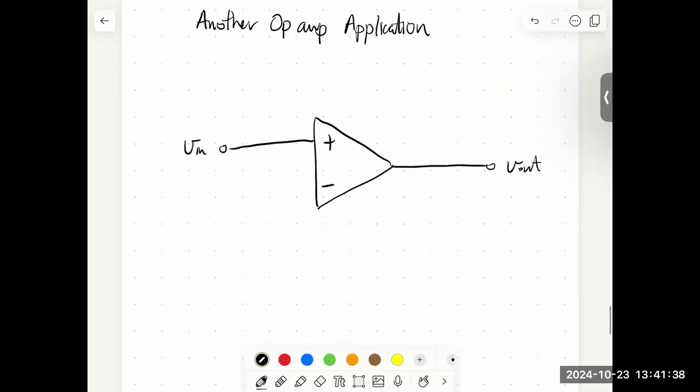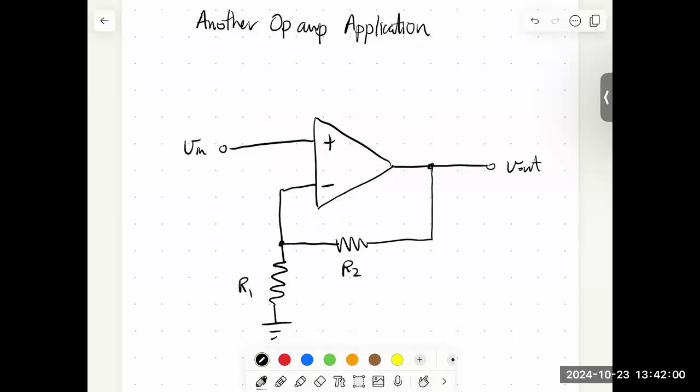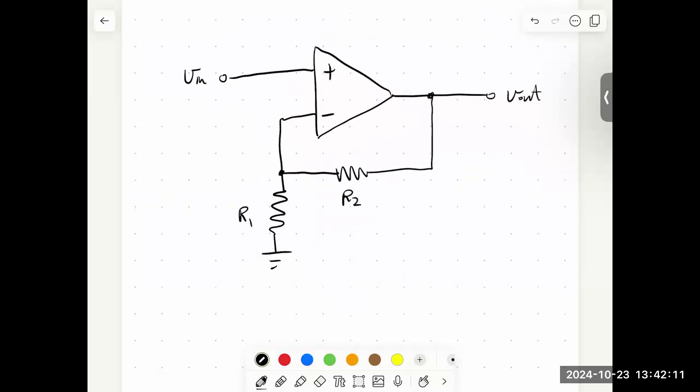And so the part that's a little different is this time our inverting input goes to ground, but it goes to ground through a resistor. It's not a direct connection to ground. Okay, and then here's our R2, and that completes the circuit. Again, we have negative feedback, right? We have the output connected in some way back to the inverting input. Okay, so golden rule number 1.